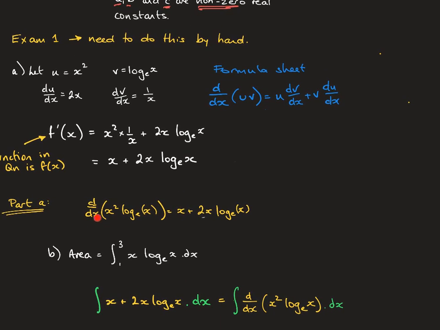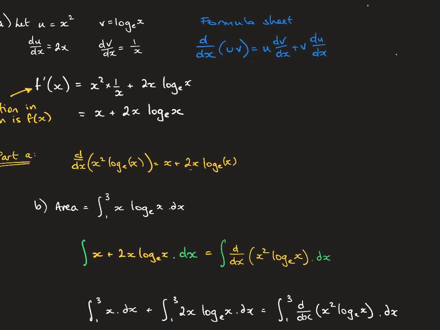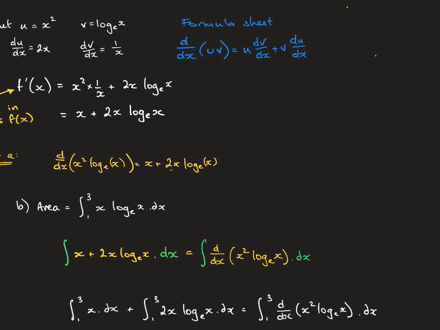So here's our formula. The derivative of this function is equal to this. So we're going to put this on this side, this on the other side, and we're going to integrate the two. And because we've got definite integrals here, what we're actually going to be working out